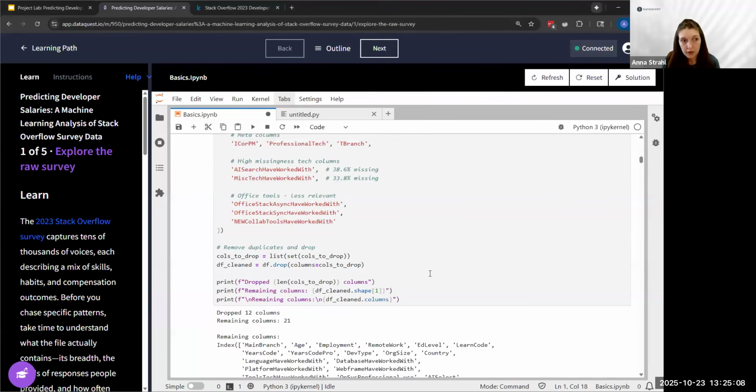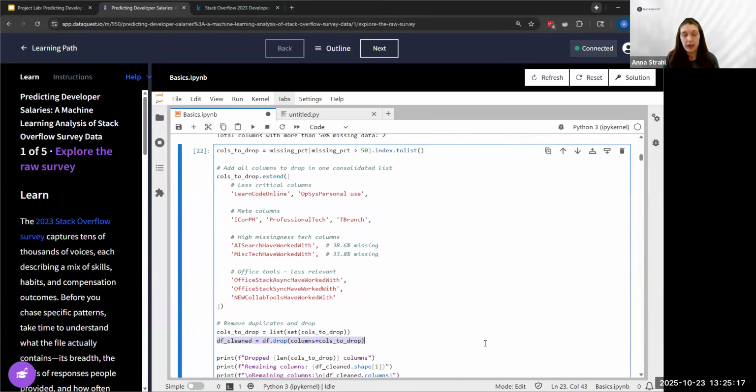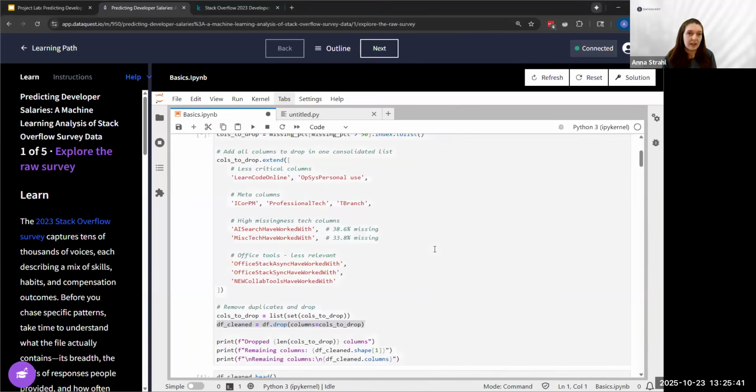I'm shocked that didn't break. But usually when you rerun dropping after you've already dropped, you get an error saying we can't find that column to drop because it doesn't exist anymore. You've already dropped it. So rerunning can cause an issue. Maybe that's what happened. Let me know. Oh, I just see your follow-up. Never mind, you figured it out. So what I do in those situations, by the way, is I just restart my entire kernel with the double arrow here. And that resets everything to its original state and will have all of your cells flow one to the next.